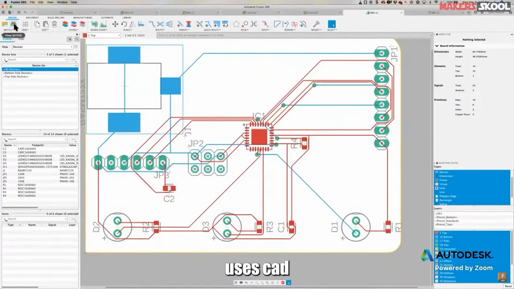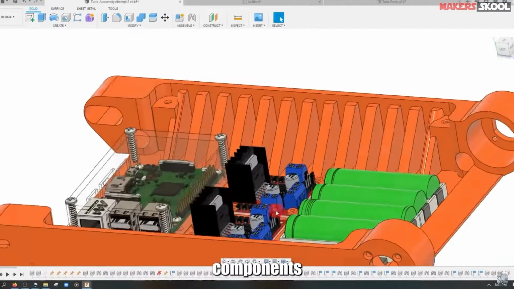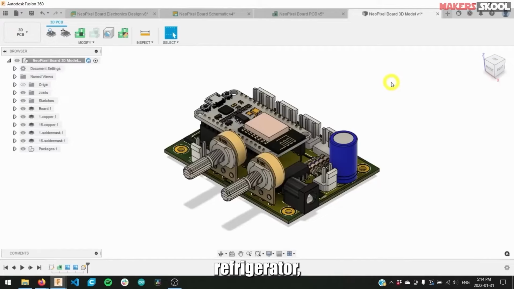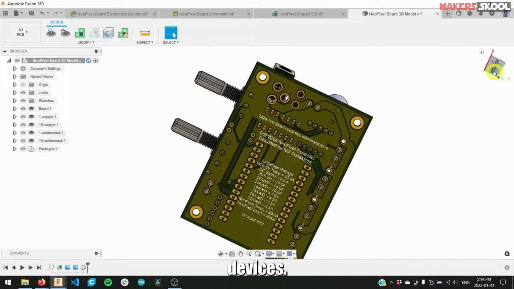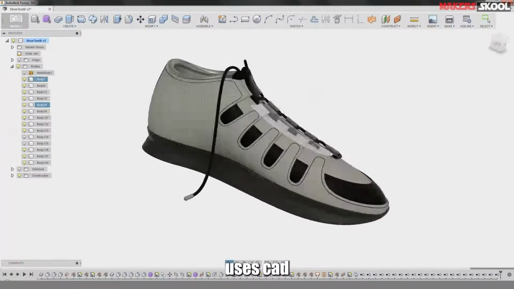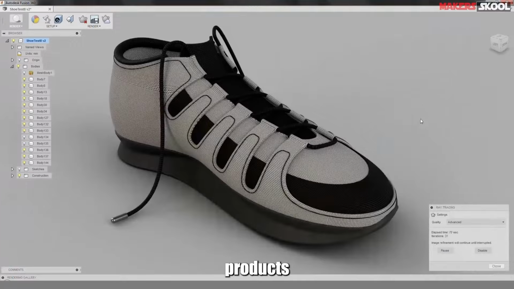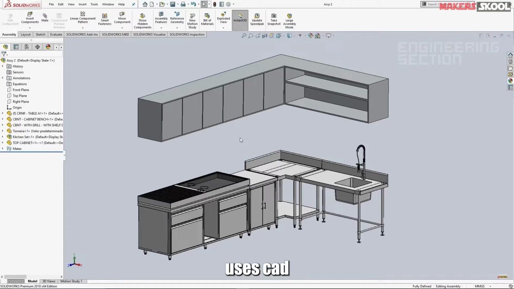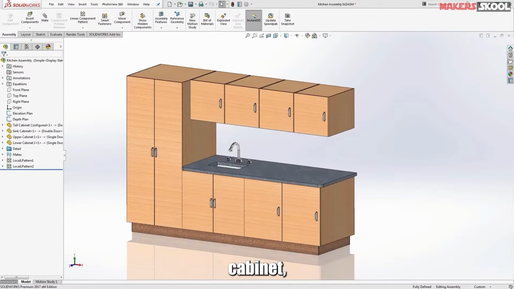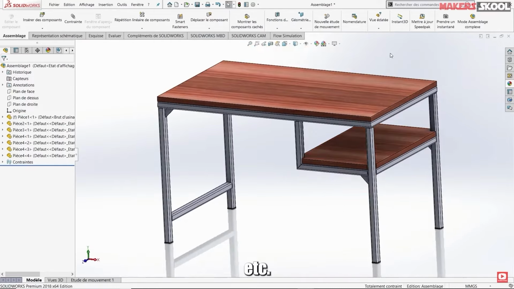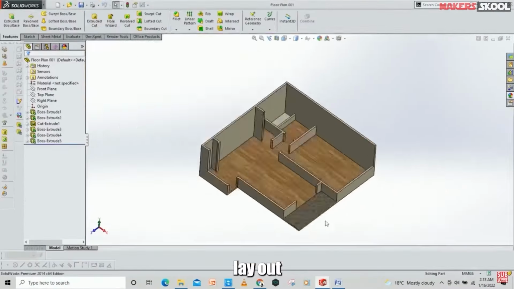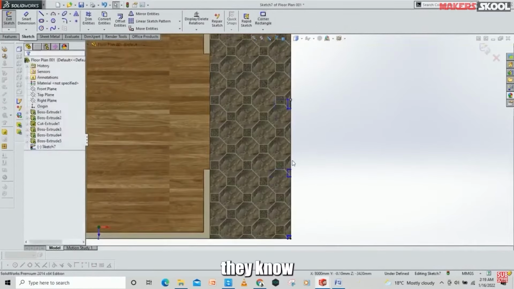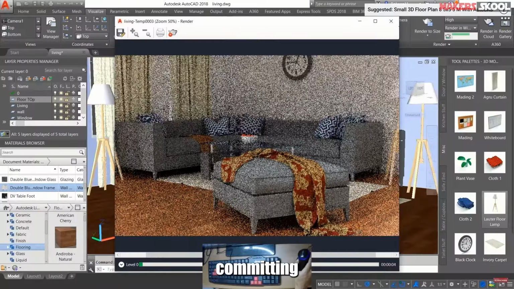Electrical engineers use CAD to design computer components, which are used in everything that has a computer in it, such as phones, cars, refrigerators, TVs and smart devices. Industrial designers use CAD to see how all our products look, feel and interact with us. Furniture designers use CAD to create plans for kitchens, cabinets, chairs, tables, etc. Interior designers use CAD to lay out the space of a building. They can show the owner different designs so they know what it is going to look like before committing to buying